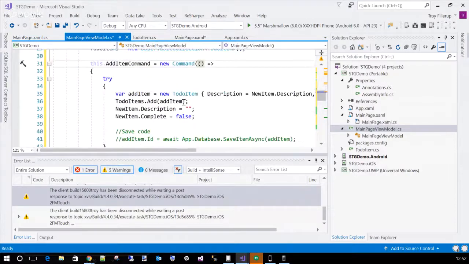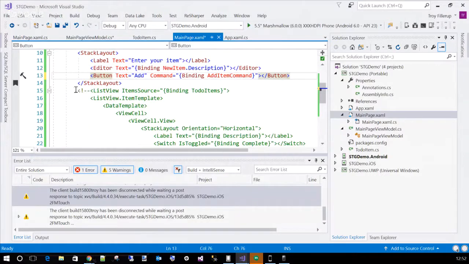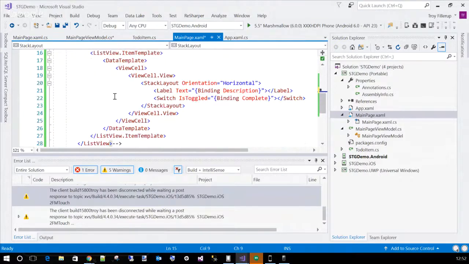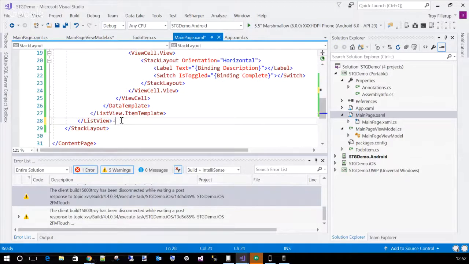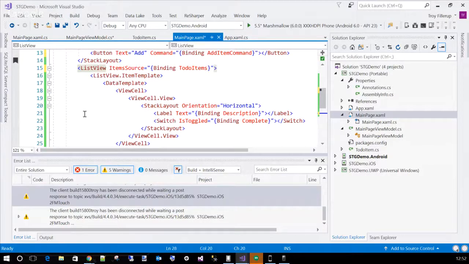All right. Okay, so now when we run this, it should add. So if we go look at our MainPage.xaml, I'd also need to get this list view out of here. Uncomment that. Otherwise it's not going to show us anything. All right. So you can see now that these aren't underlined anymore because now it knows what those things are. So if I run this in my Android emulator,